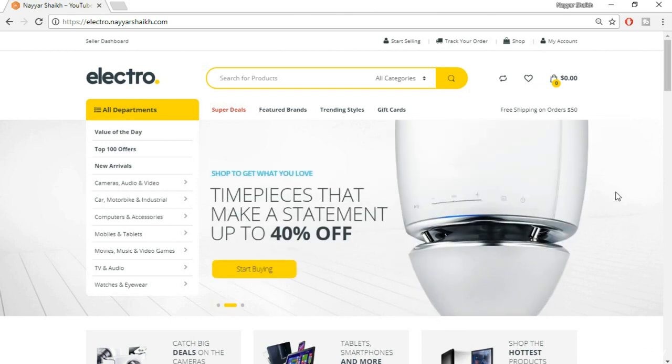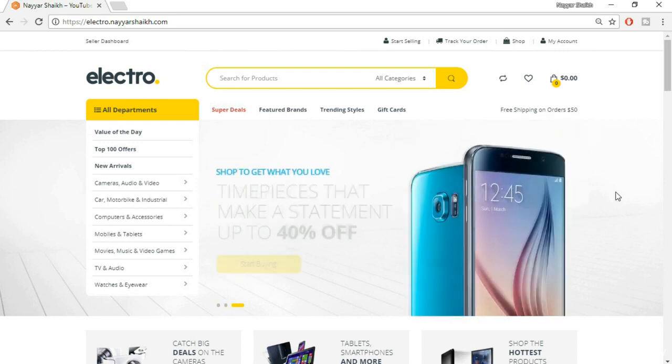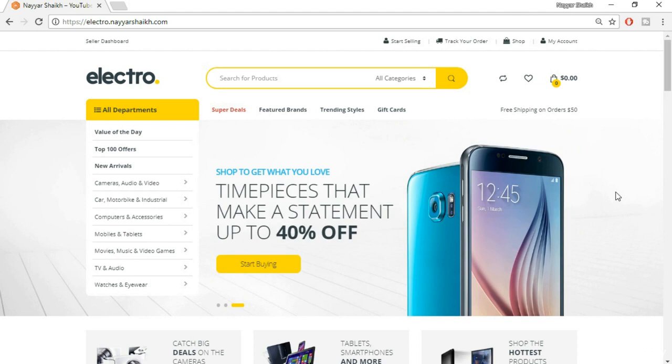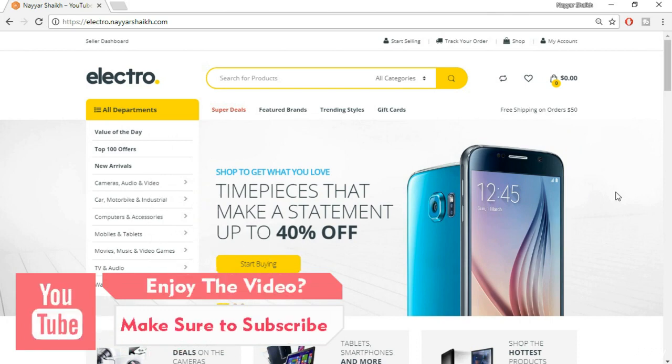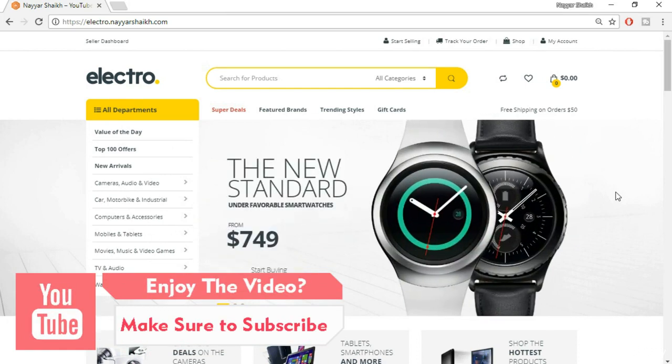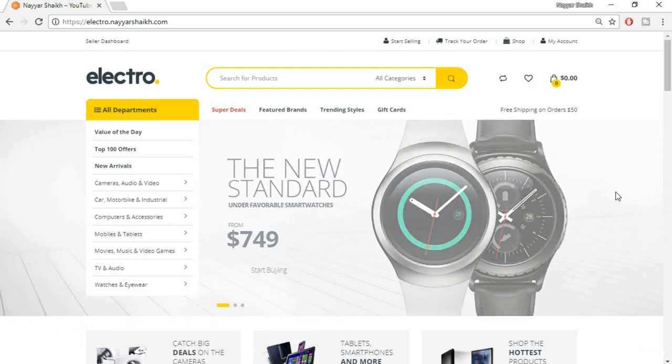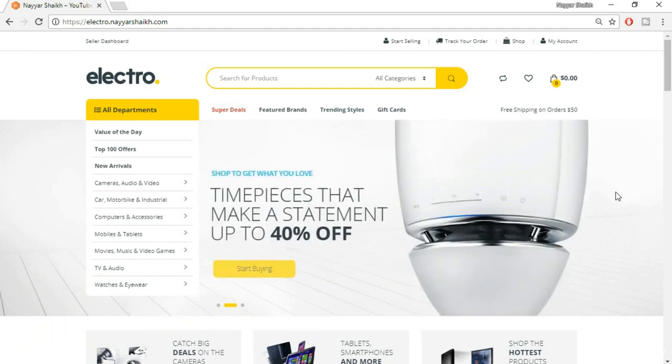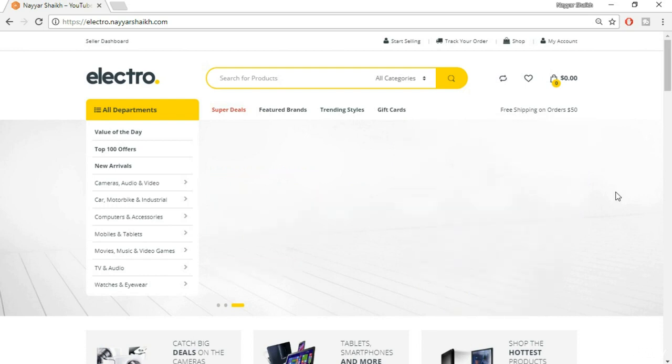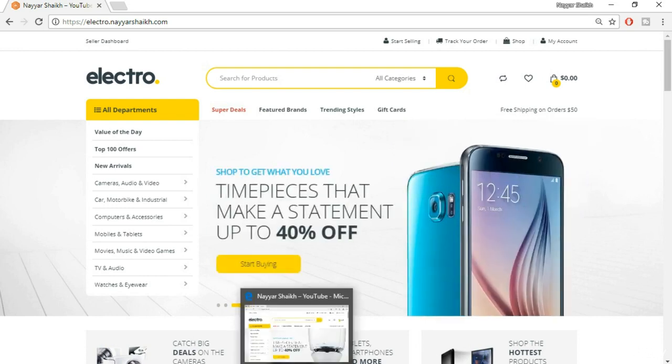First let's see how this website will be for a seller or a vendor, because that is the most important thing. A very awesome feature of this website is that we are giving the seller a front end dashboard. The seller doesn't have to come to the backend dashboard, the WordPress admin page. If you have basic knowledge about WordPress, you know that we have a dashboard which is WP-admin. The seller won't be able to go to that page. They have their own front end dashboard. So let's see how that looks.